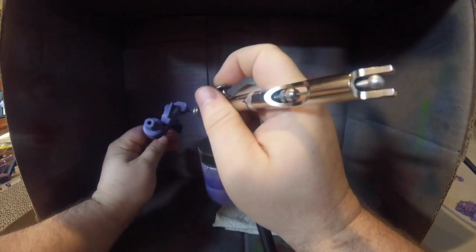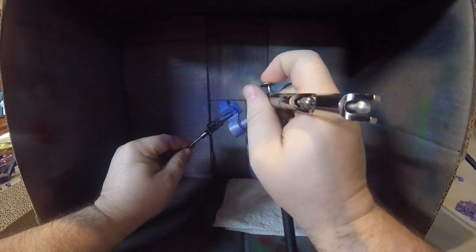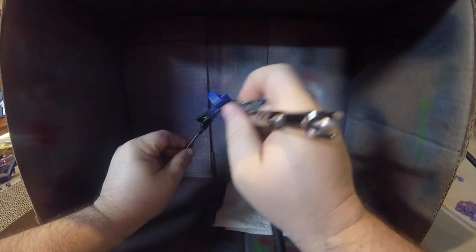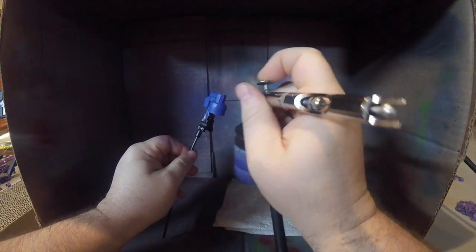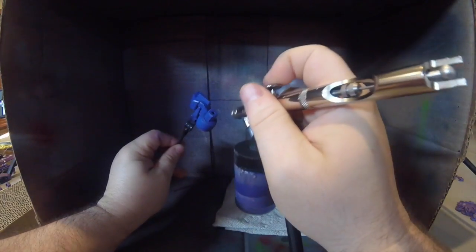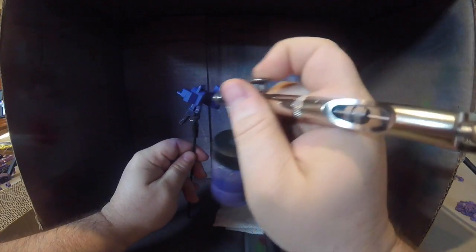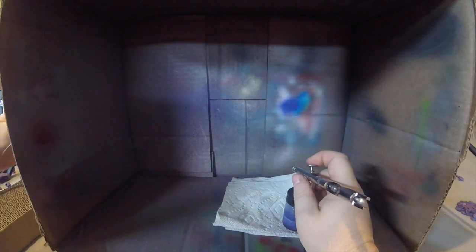I have learned from painting this series, I'll be honest, that when I first looked at it, I thought, yeah, it'll be easy to paint. And then I kind of got overwhelmed. When I first looked at this, the Gusion, I will honestly say, one of the best